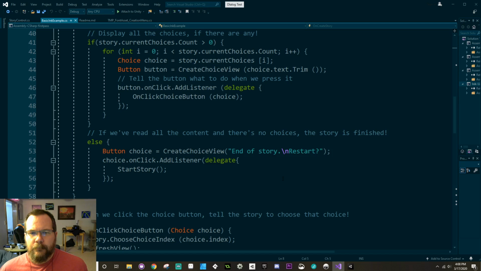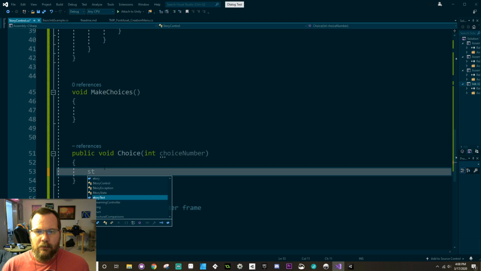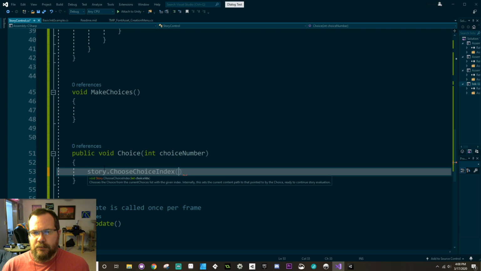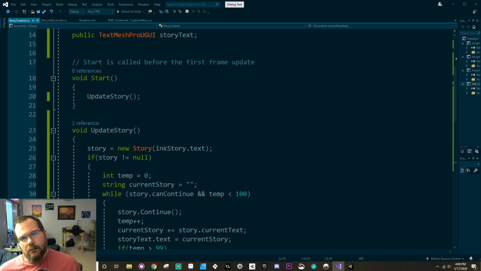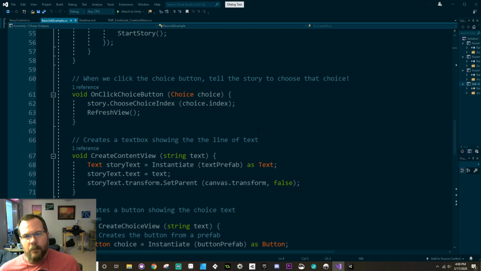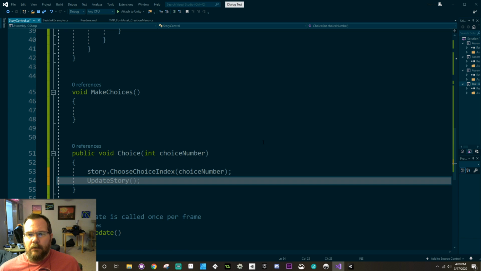On-click choice button, choice. Story.choose choice index. So I want to do story.choose choice index, choice number. And then I want to, so is it constantly calling this refresh view? Yeah, it does call refresh view. So then we want to refresh the view. And I'm calling it update story. Okay. So then,